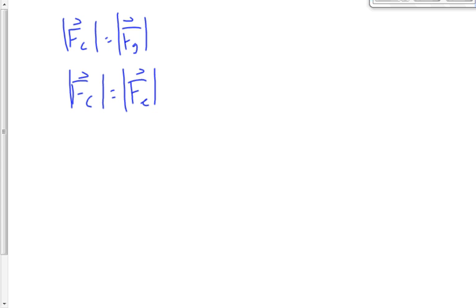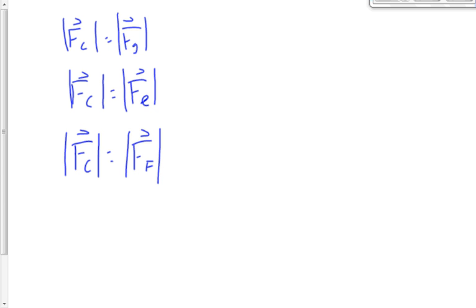We alluded to this earlier. We know that centripetal force is not fundamental. It's got to be caused by something. The Earth going around the sun, there's a centripetal force that's caused by gravity. The electron going around the nucleus, for those of you who take chemistry, the centripetal force on the electron is caused by an electric force. In the case of a car going around a turn, the centripetal force is caused by the frictional force between the tires